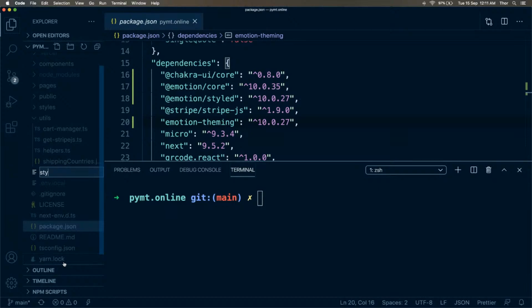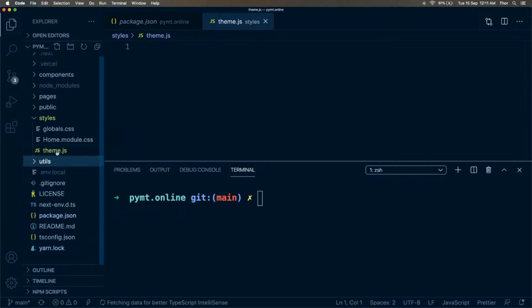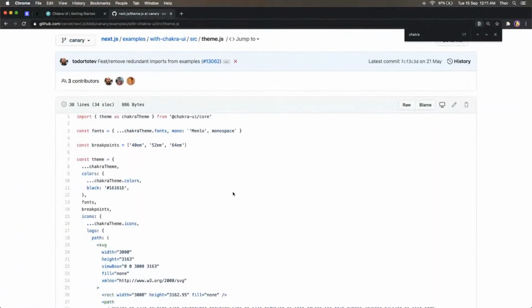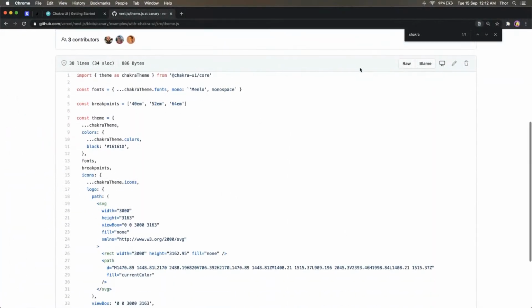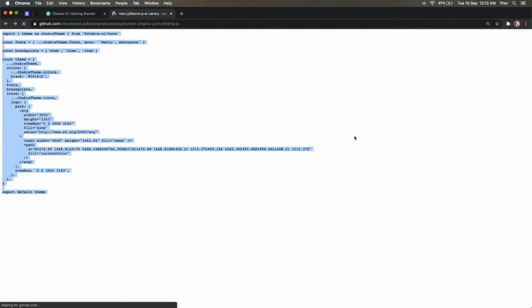And maybe let's create a styled subfolder. Oh yeah, we already have a styled folder. That's for the home. We're gonna get rid of that eventually. But okay, let's just get this raw. Well, it's not that much, but